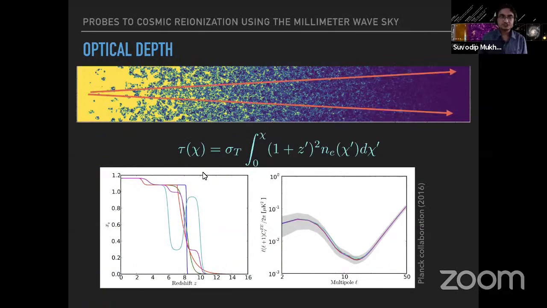One of the most interesting probes, which we have been measuring for almost 3 decades now, is the optical depth, the integrated electron density. It's the first measurement, provided by several experiments. Here I'm showing one of the key signatures of the epoch of reionization on CMB photons: the reionization bump at low L, or at large angular scales. You see this bump.